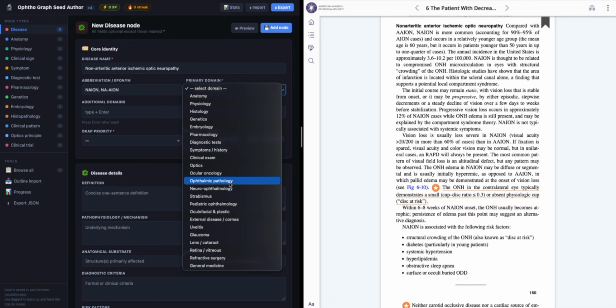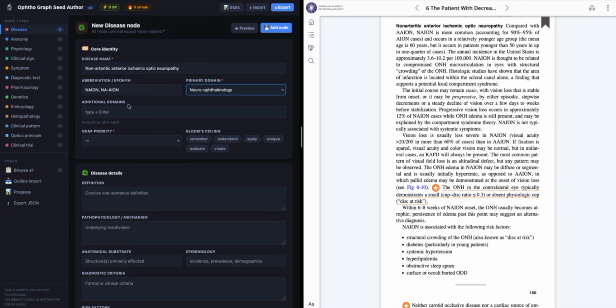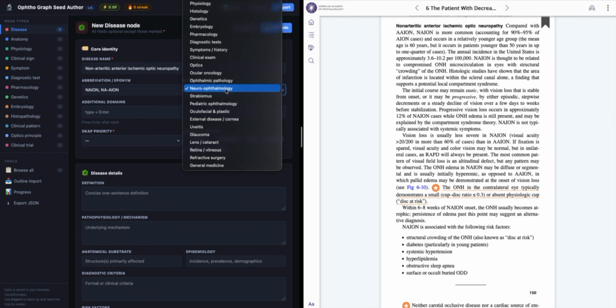The primary domain is neuro-ophthalmology, and then if there was any sort of overlap, so for example, thyroid eye disease might predominantly live in the oculofacial and plastics section, but it has overlaps in neuro-ophthalmology, strabismus, and a